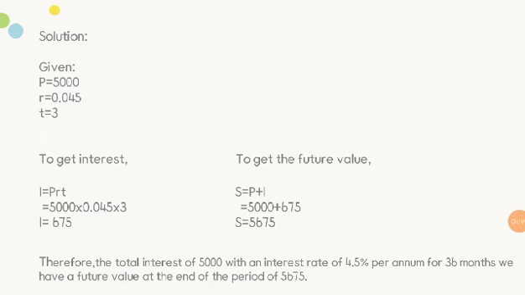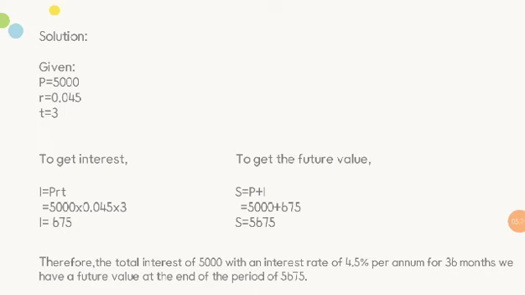How to get the interest? We have a formula of I equals PRT. We multiply the principal of 5,000 by 0.045 by 3, and the interest is 675. How do we get the future value? We have a formula of S equals P plus I. We add the principal of 5,000 to the interest of 675, and the future value will be